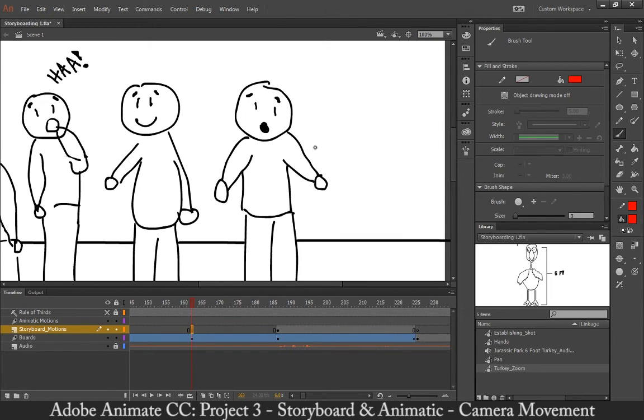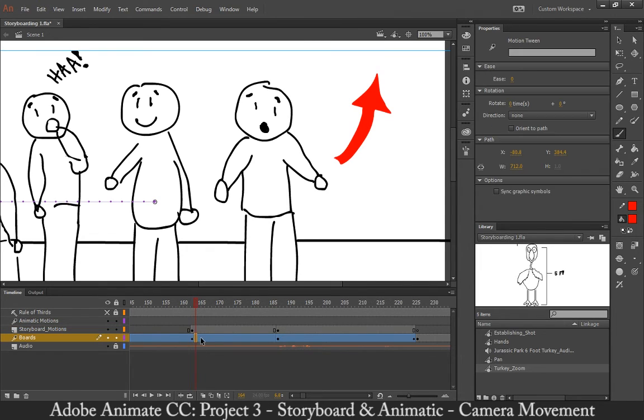Let's just say this guy's arm is going to move up. I'm going to do this just with the mouse. You would do something like this, right? And then from here, what I'm going to do is